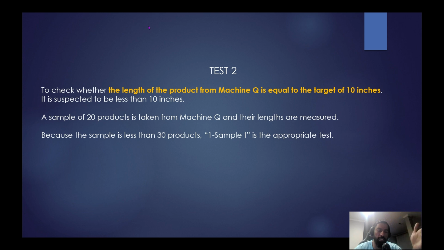10 inches is what is desired, and we have a suspicion with this machine that it's producing products less than 10 inches. So what we do is we take a sample of 20 products coming out of this machine and check the lengths of these products and compile a data based on that sample data. Because the sample size is less than 30, we can use one sample t-test on Minitab to extrapolate this sample information onto population and see if the confidence interval on the